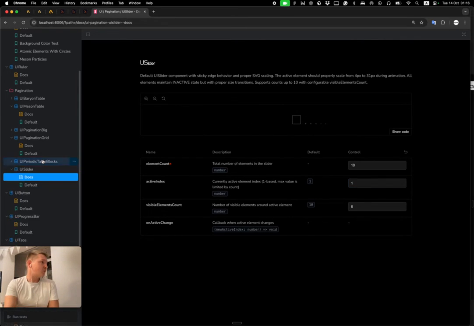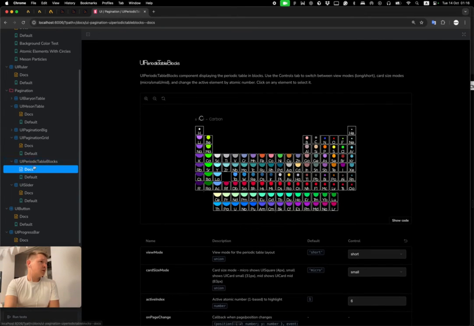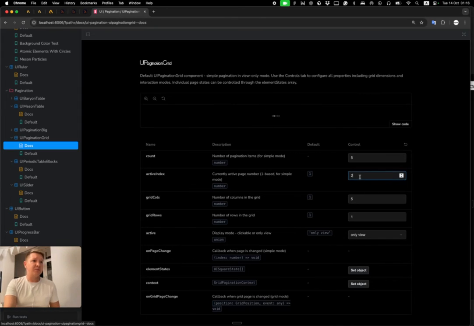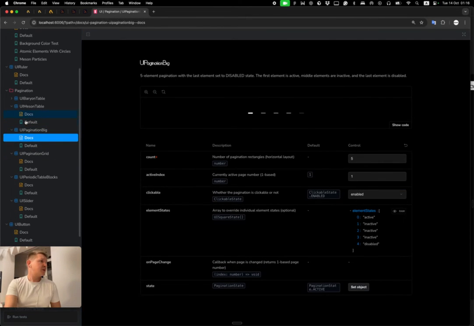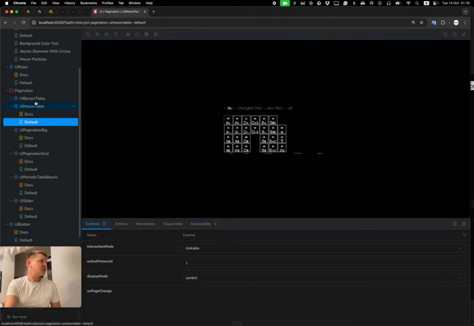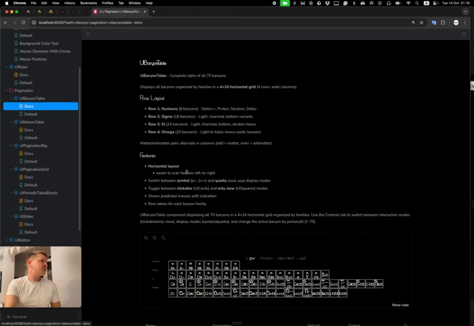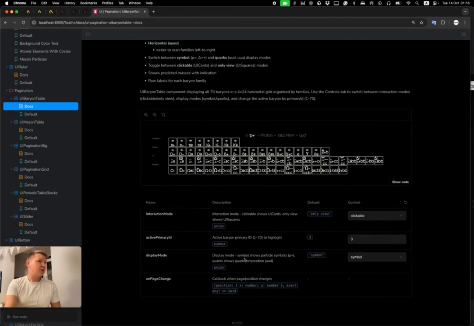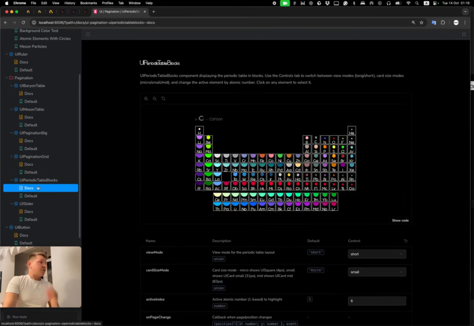I will work on it later. Here's my periodic table. Here's my simple pagination grid where I can choose the active elements. The same for pagination with the dashes. It's a mesons table, it's a baryon table, and yeah, periodic table.